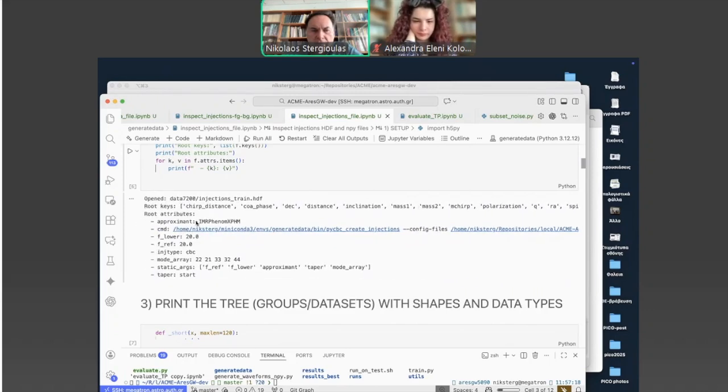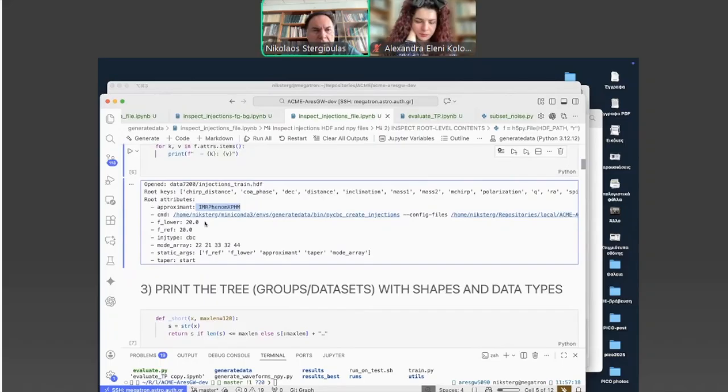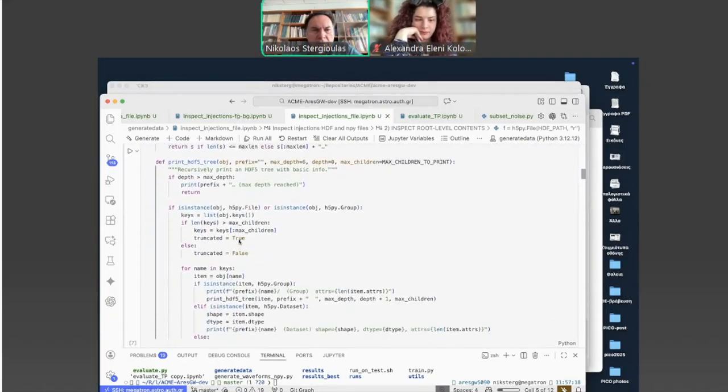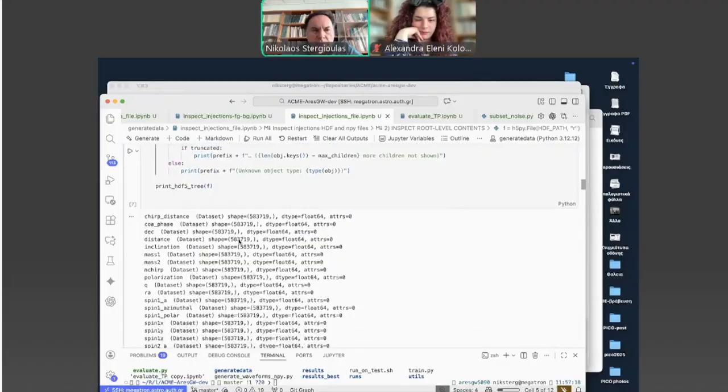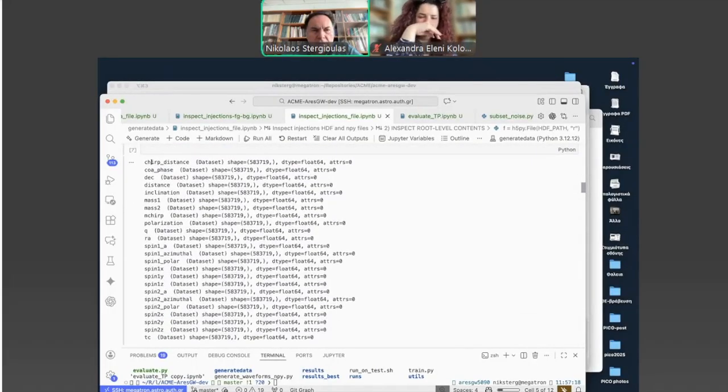The approximant used is the IMRPhenomXPHM that has free spins and also includes precession. It has a lower frequency cut at 20 Hertz. And yeah, this is the main information. And so we can now print the tree and see what is included in this HDF file.